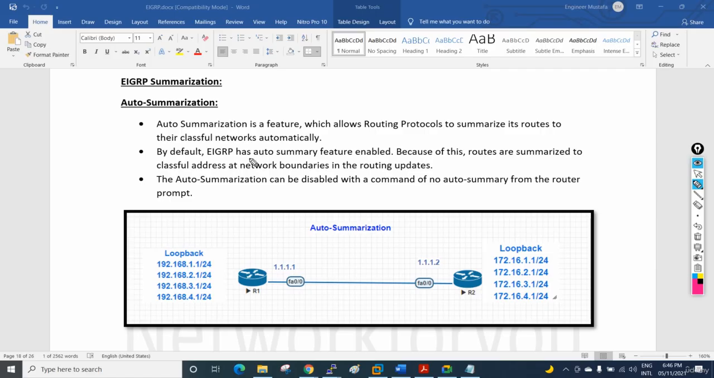By default, EIGRP has the auto summary feature enabled. That's why we are writing no auto-summary. Because of this, routes are summarized to the classful address at the network boundary in the routing update. But this one sometimes gives us issues, because they are using the classful address, meaning the IP whatever we